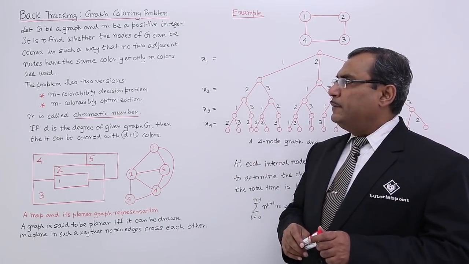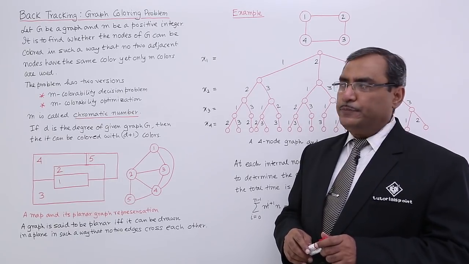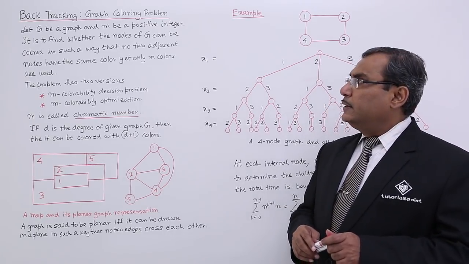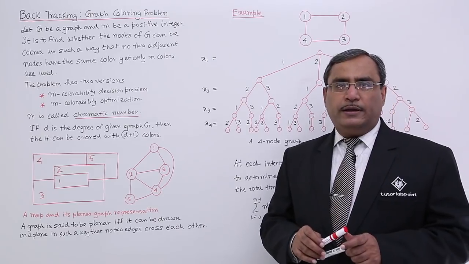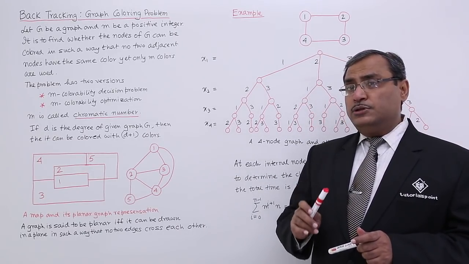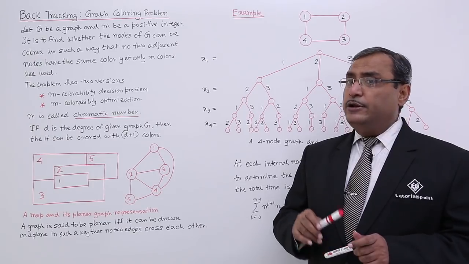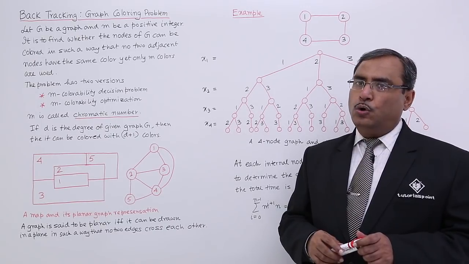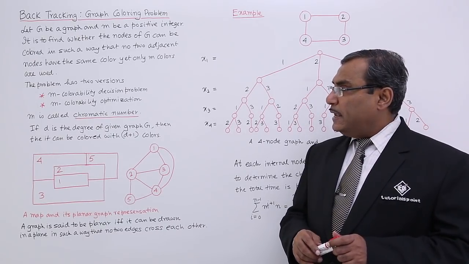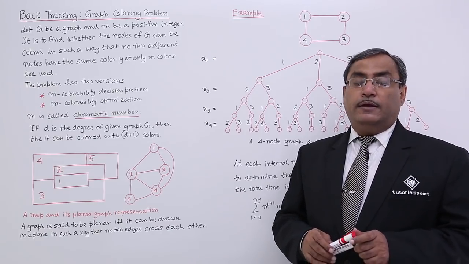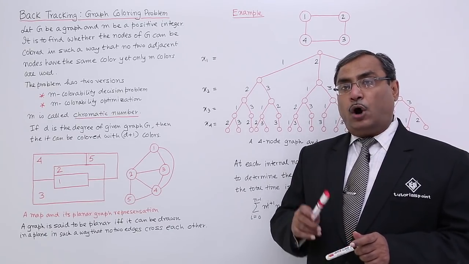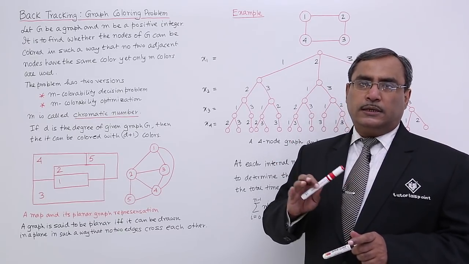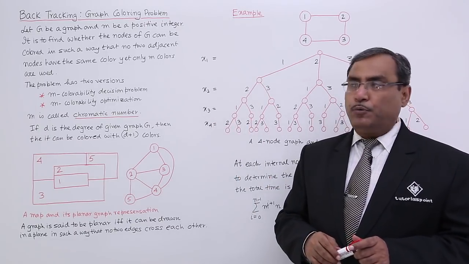This graph coloring problem comes in two different versions actually. One version is the M colorability decision problem. Here the graph will be given and M will be given. We shall have to tell whether, using those M number of colors, we can do the graph coloring. So, in case of decision problem, output will be yes, no, true, false. But in case of M colorability optimization problem, for a given graph, I shall have to find out the optimum value for M for which the graph coloring can be done. So, these are the two versions of this graph coloring problem.